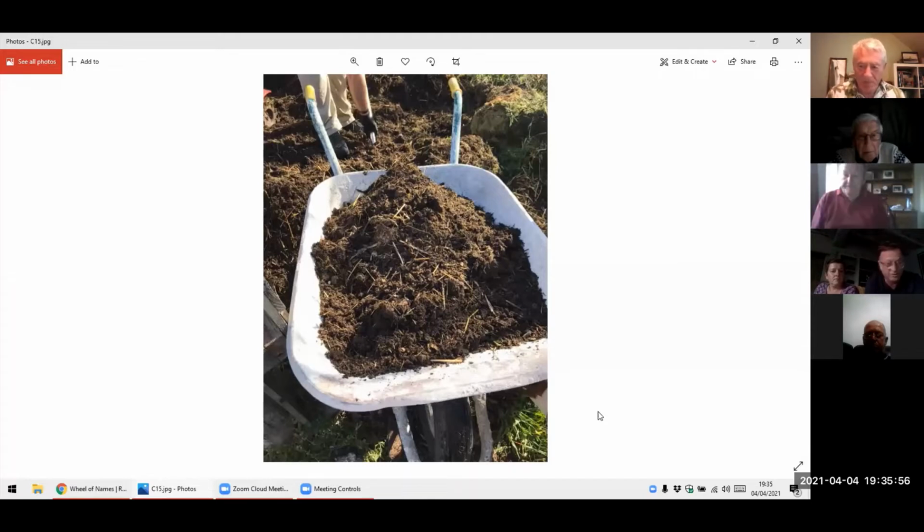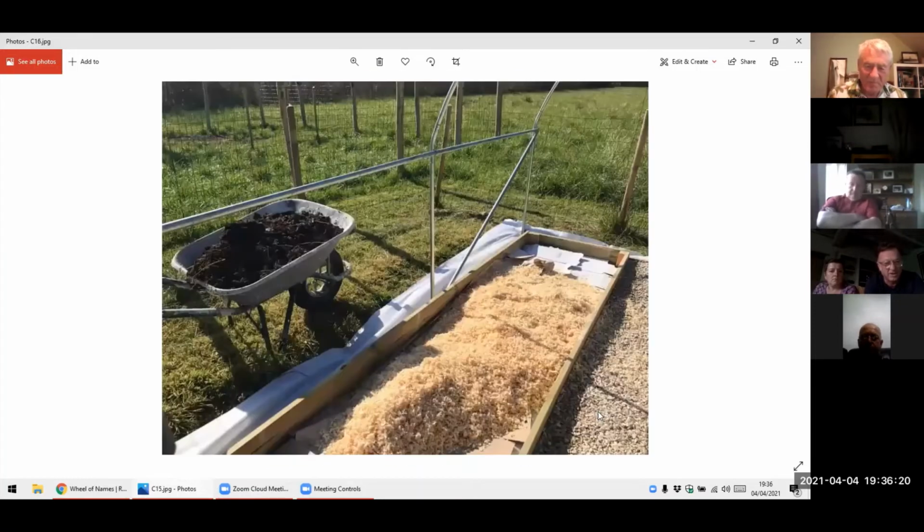Now we've got chickens, we've got ducks, so you can see some of the longer leftover stuff in there. I put grass clippings on there from when I'm cutting the grass. All right, it's not perfect by any means, and we've mixed in some bought general compost, and then we've thrown some generic vegetable feed on top as well, just to give us a bit of a kickstart. But I suppose the moral of the story is I inherited this mound of stuff, and it ended up filling the beds as well. Our friend's a carpenter, so we put quite a lot of oak shavings down in there as well,